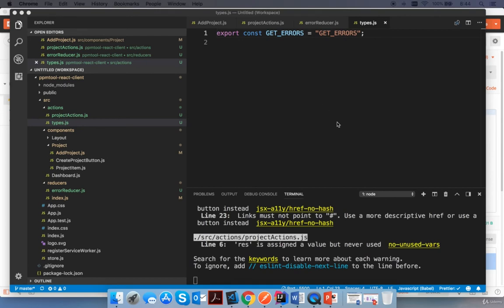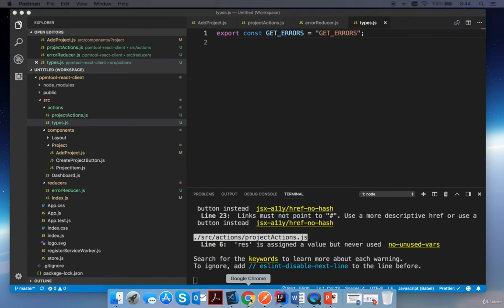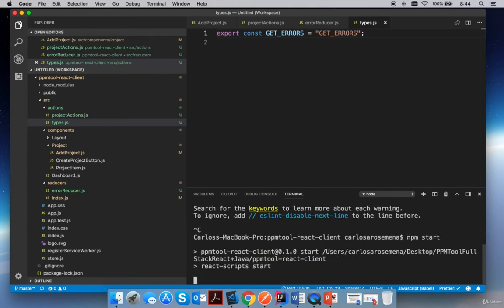Make sure it's empty, because now we're gonna send our first API. We're gonna make our first API call. I don't think I need Postman here. I think all I need is my browser. All right, so this is an exciting moment. Drums rolling. I'm gonna restart my React app,